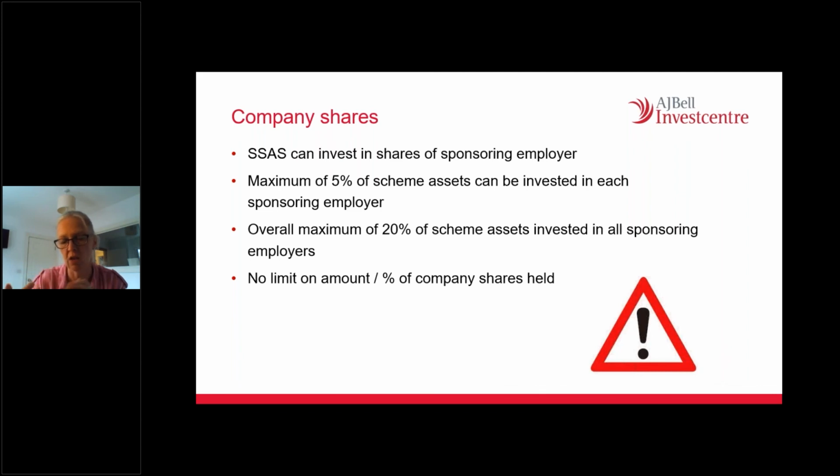That would be the shares that the member owns personally, the shares that are owned by the pension scheme if the SSAS is buying it, and the shares that any spouse or family members have as well. So for most directors, that's likely to be the case, and therefore it would be an indirect holding of taxable property through the purchased shares,